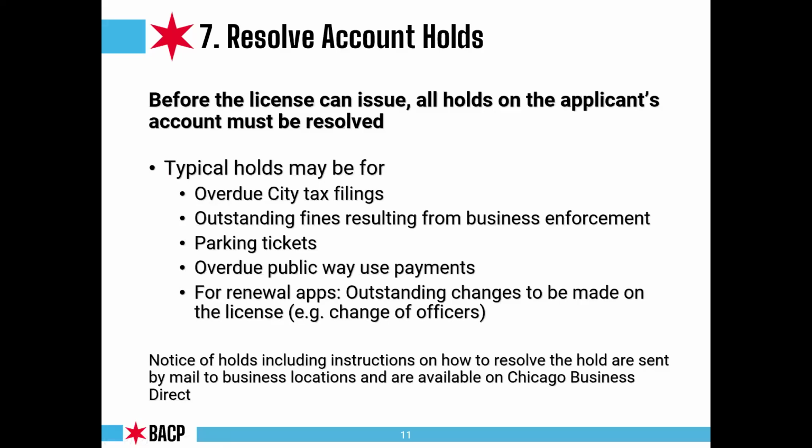So once you've gone through inspections, if any, then you're almost at the finish line. You want to remember that at this point you've entered your application, you've gone through zoning, you've satisfied needed documents, you've completed your application. The last thing, if any, that would hold up a license would be city holds. An example of this could be if you're past due on parking tickets, or you are past due on your water bill, for example,